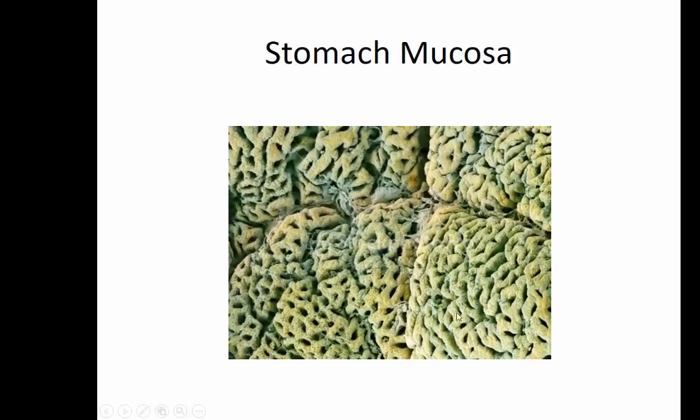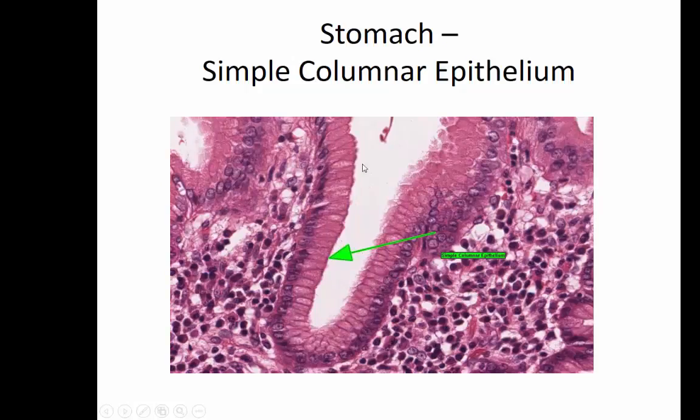But the stomach mucosa protects itself with this layer of mucus, and a lot of the digestion and secretion is down in these gastric pits. So if you look on the surface, all these little holes here are called the gastric pits. And if we look a little closer, here's a gastric pit, and then we have these simple columnar epithelial cells